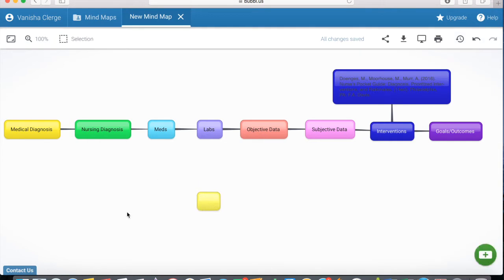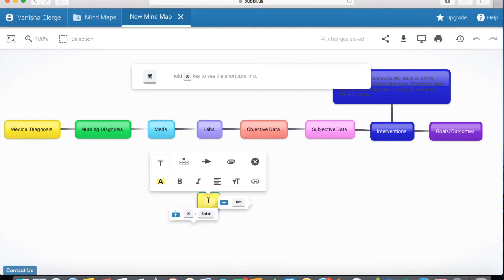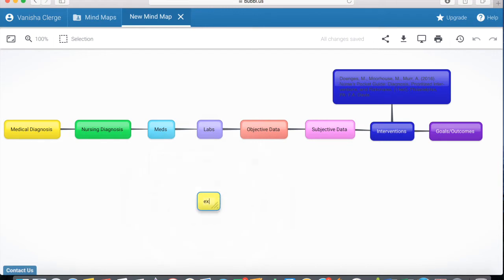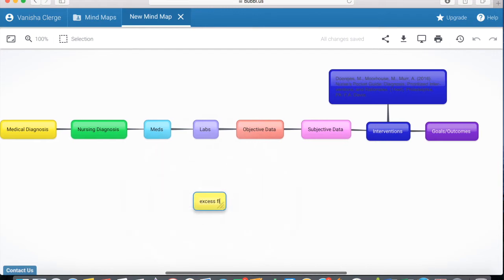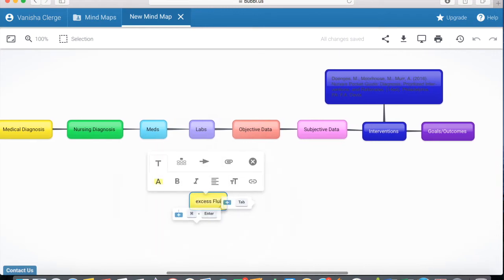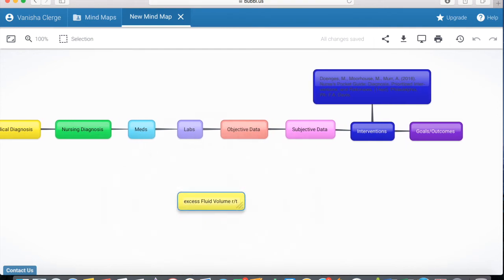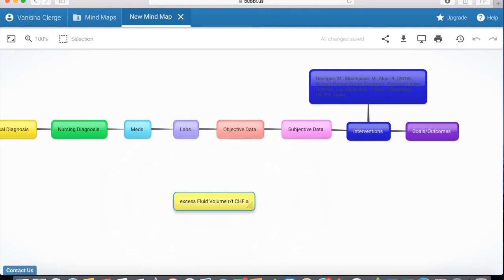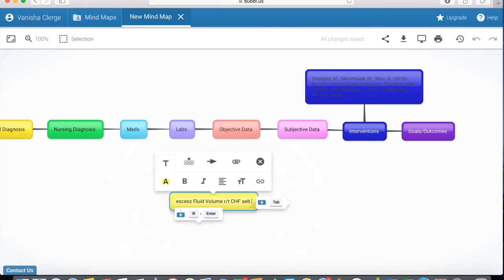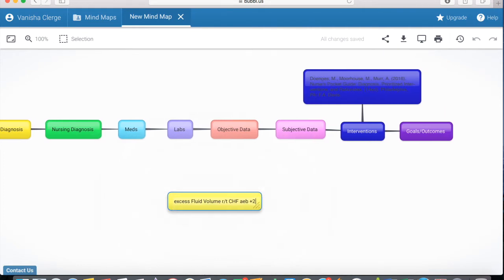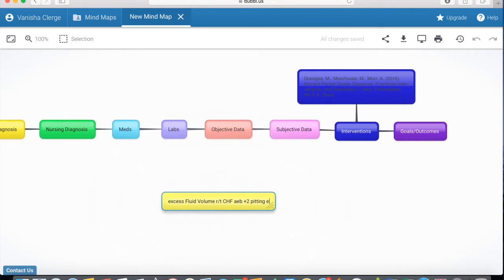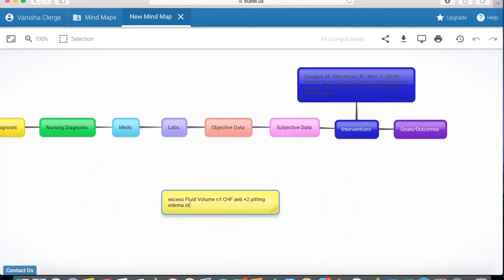So you can move your bubbles, you can add bubbles, you can make them bigger. I usually like to start with my admitting diagnosis, but for some reason, that totally slipped my mind, so I just started with my nursing diagnosis. But I will add that towards the end, as you guys will see. I just did my nursing diagnosis, which was excess fluid volume. You always have to have related to, and then I've just put chronic heart failure as evidenced by +2 pitting edema to the bilateral